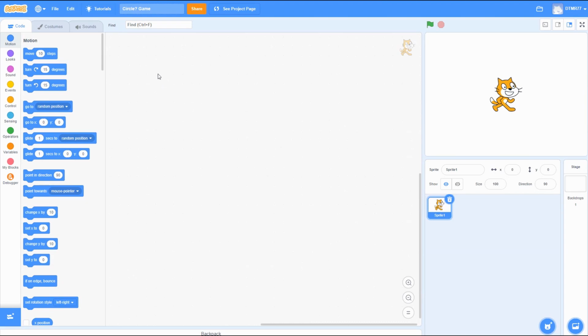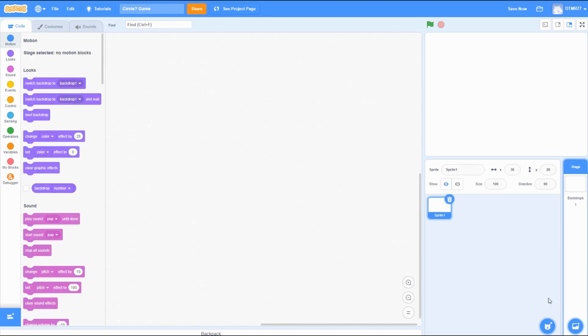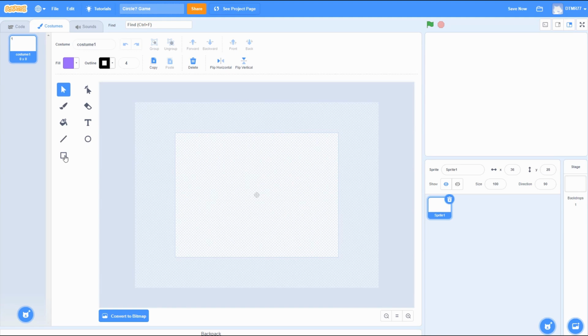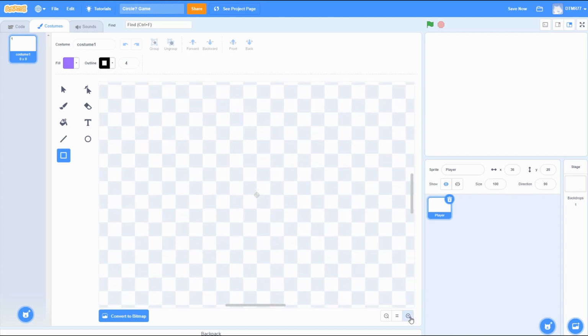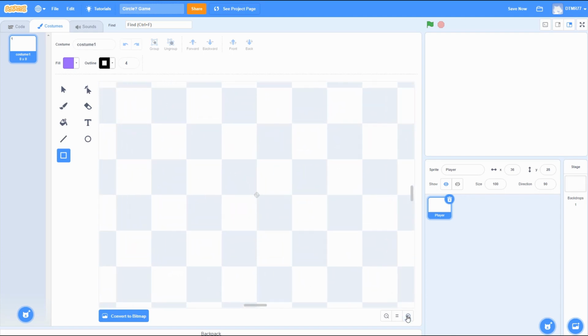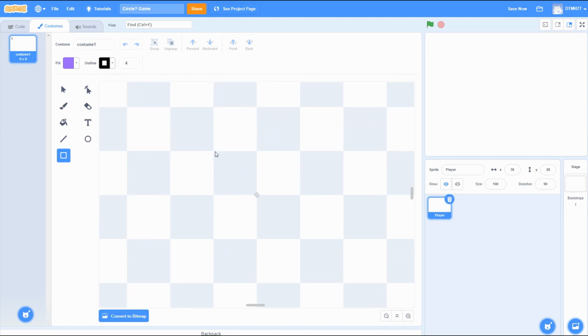So I've created a new project, and first off we're gonna delete Sprite 1, and then create a new sprite and name this Player. Now for the player, you can do any shape you want, but I am just going to draw a 4x4 yellow square. So something like this. If I turn off the outline,